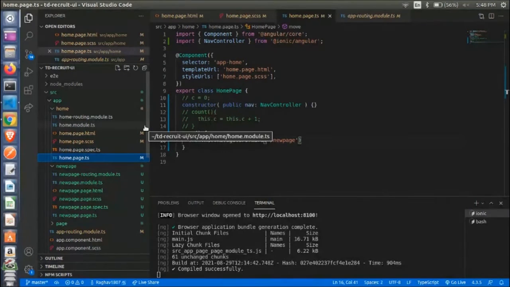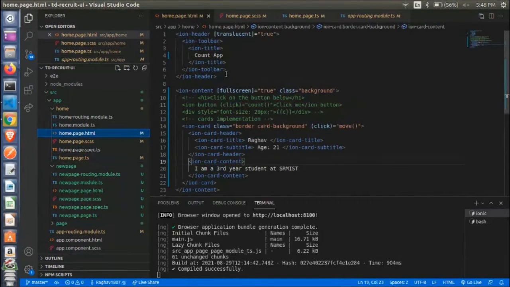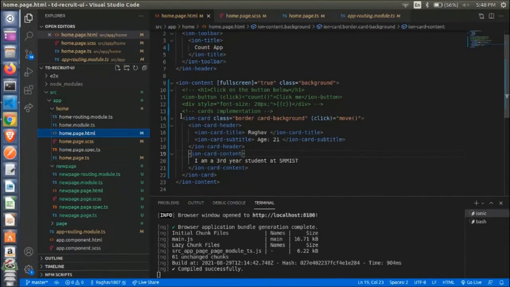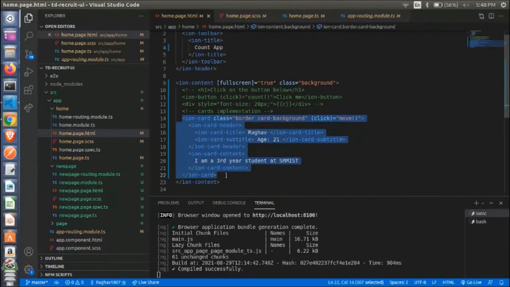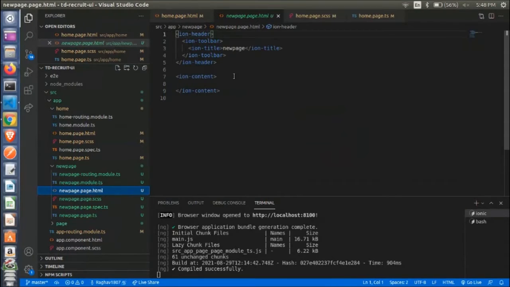So now for today, we will be implementing the form. For that, first we will be moving this entire card. We will copy it and move it to the new page ion content.